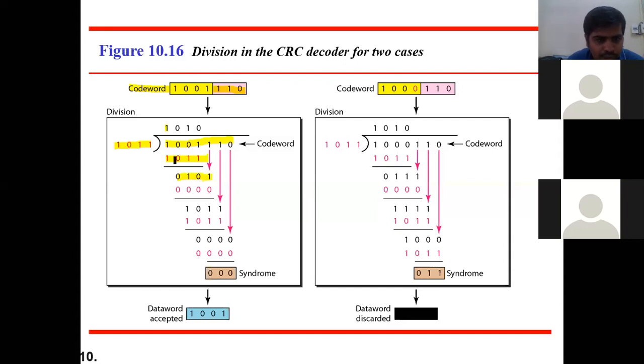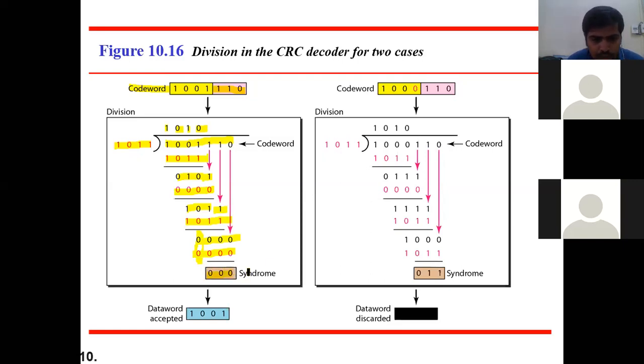Then the first bit is 0 in this case. Take 1011 into 0. Then all 4 zeros will come. Then again perform. Then we are again left with 3 bits. Take the next one. Then again I have 4 bits. Then the first bit in this case is 1. So take the 1 into 1011. That is, 1011 will come here. Then neglect this part. Then 00. Then I am left with 00. Then last 0 into 1011. I have got all 4 zeros. Then neglect this particular part. Then how many zeros are left? 3 zeros. I cannot continue with the division operation.